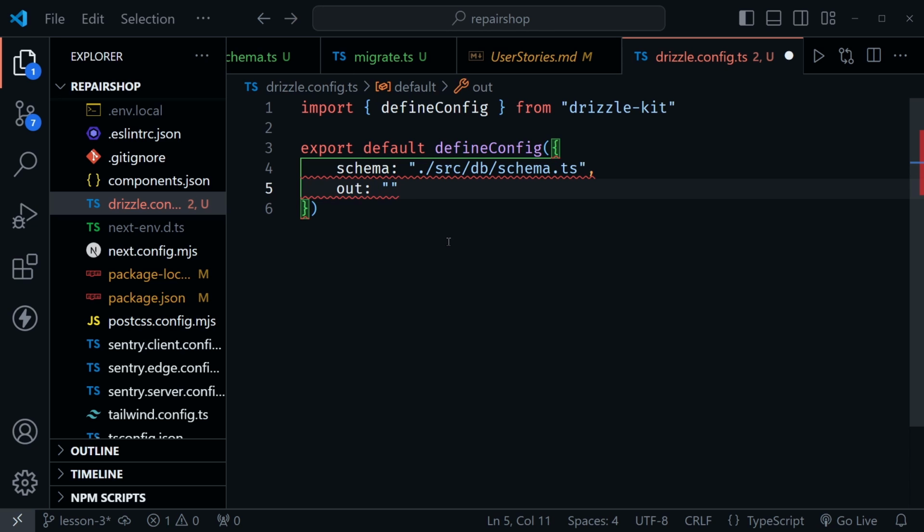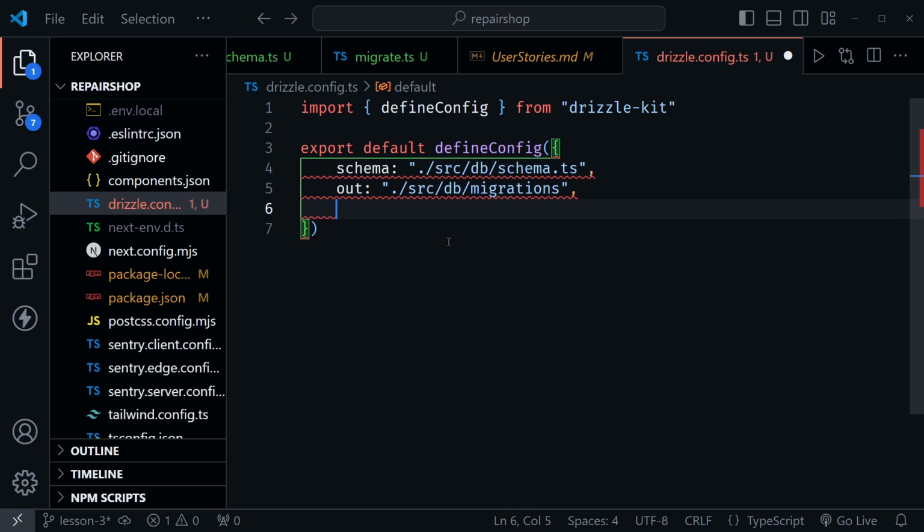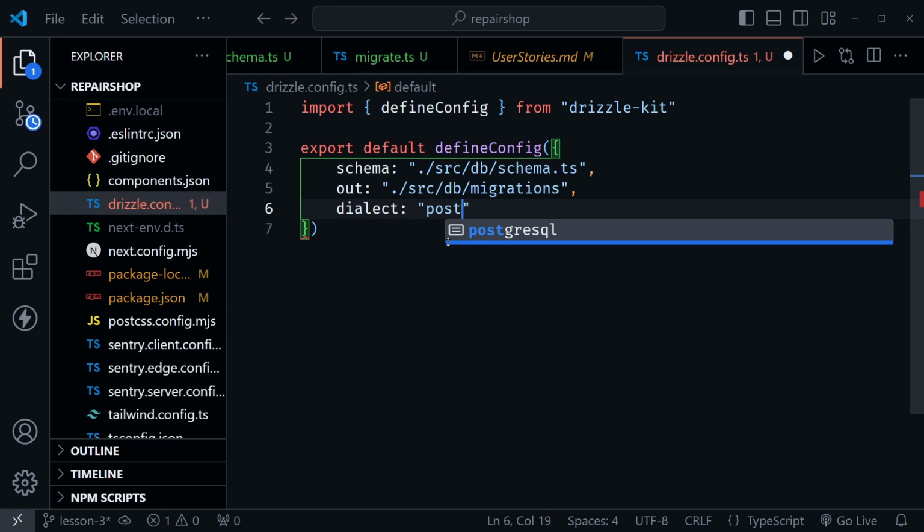After that, we define where the migration output report goes. So this is going to go in the source directory, in the DB directory, and it's going to create a directory inside of that DB directory named migrations. So when we generate that SQL code that needs to migrate to Neon, that's where it's going to go. After that, we need dialect. This is going to be Postgres,